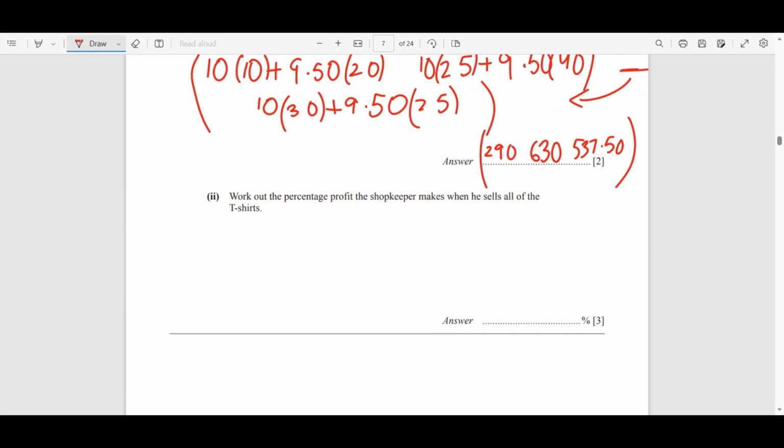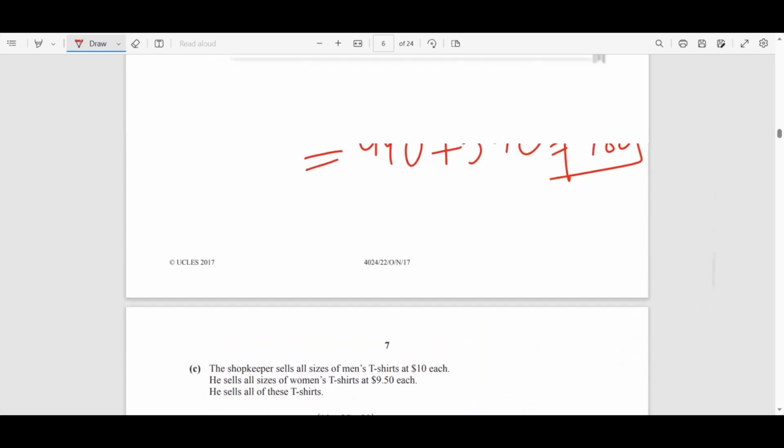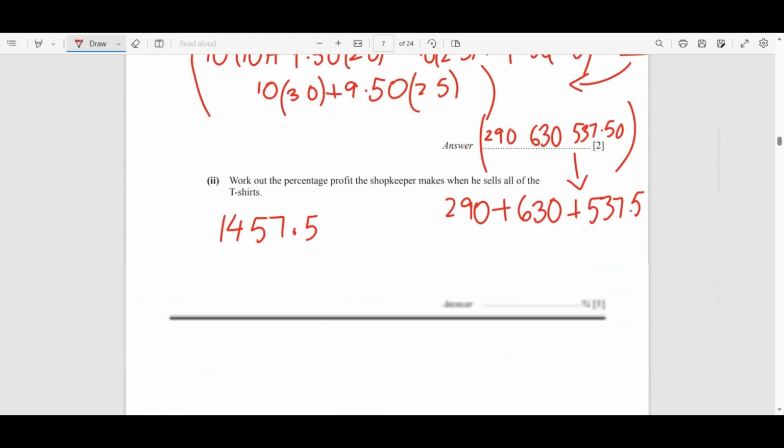Okay, another question tells us to work out the percentage profit the shopkeeper makes when he sells. Okay, now what amount he's going to make is when you add these up, 290 plus 630 plus 537. When you add these up, you get the total amount he will be earning, right? And the amount he's charged is 980,